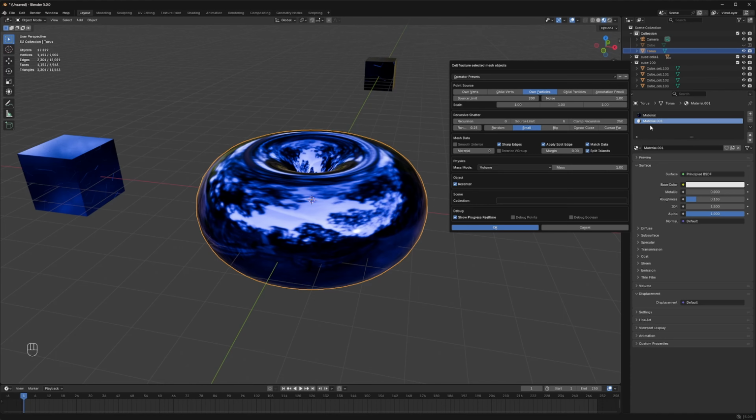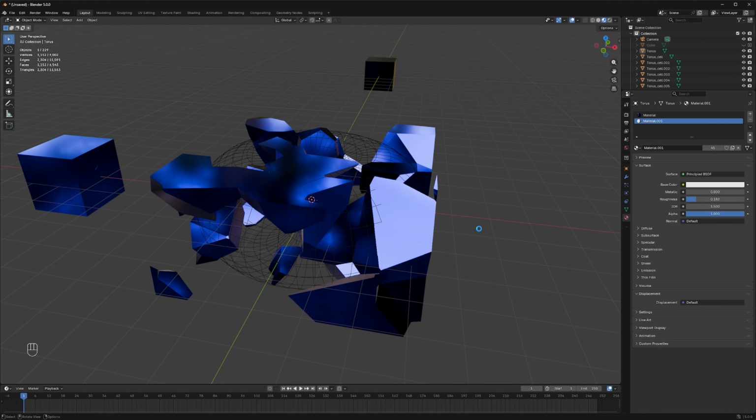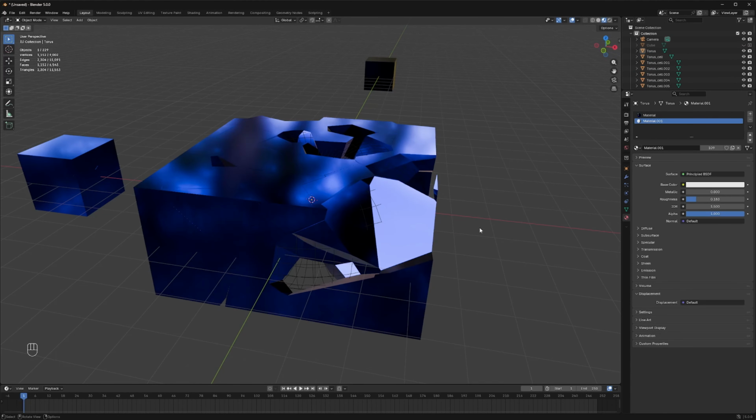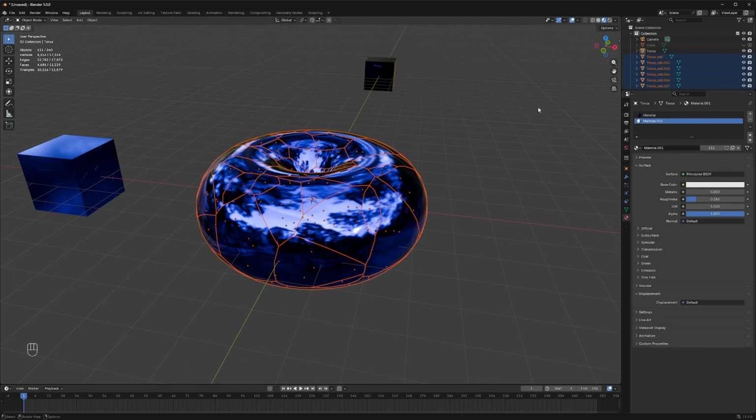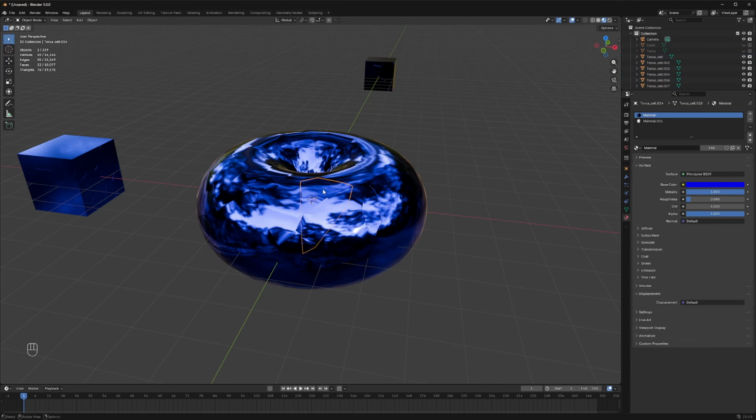So even if we have 2 colors here, if I make the cell fracture, let it finish. I disable the torus. Now if I select one of these pieces, G, I move it here. As you can see, we have one color, a blue one. And we don't want this. Ctrl Z,